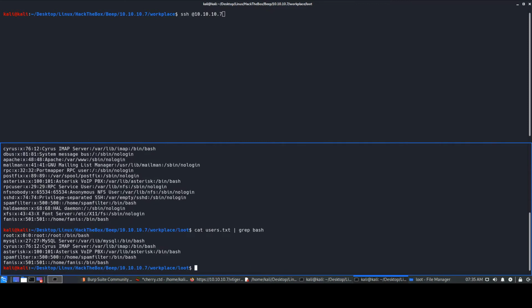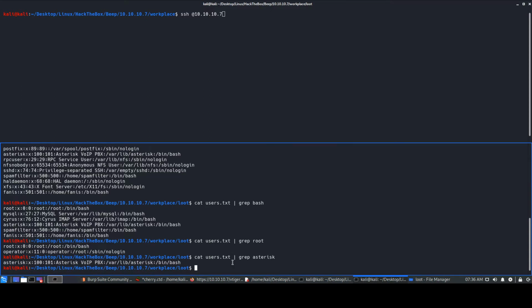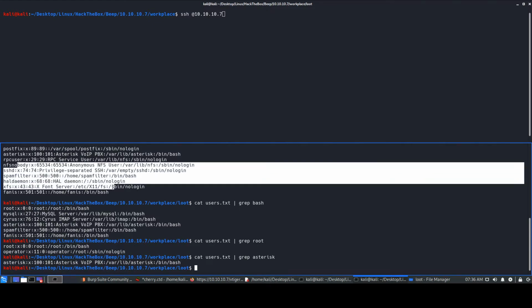So if you do grep bash, it shows the lines which have bash present. It has bash over here, here, here, here. If you just see for root, we don't need bash, we just need root now. It will just show you the lines which have root in it. I know you guys obviously may be very aware of what grep actually does, but I just wanted to say this since it is a beginner friendly series. So this is how grep actually works. If you do grep for asterisk user as well, it gives you this one line itself, because in the other lines asterisk is not present, right?